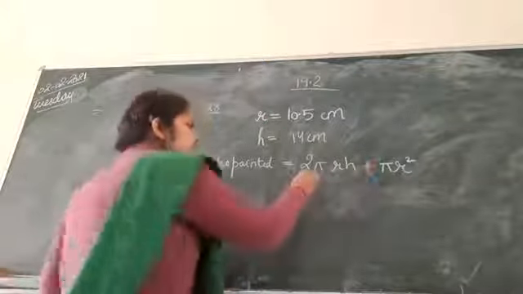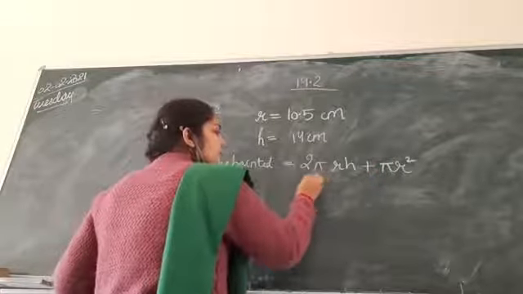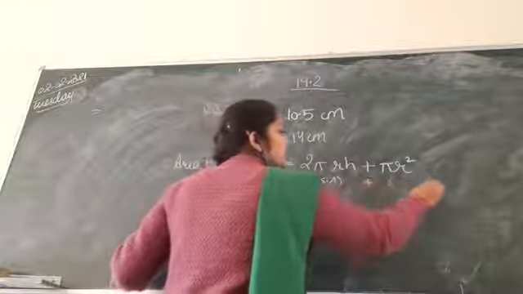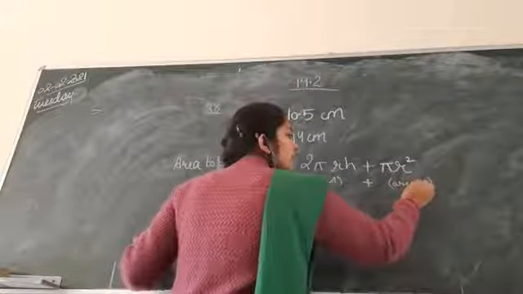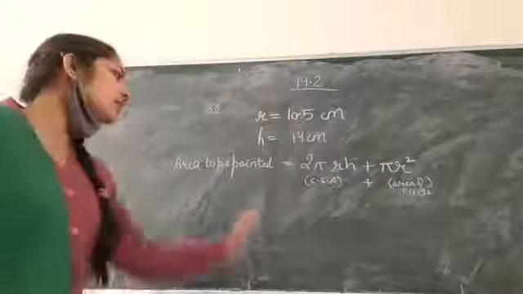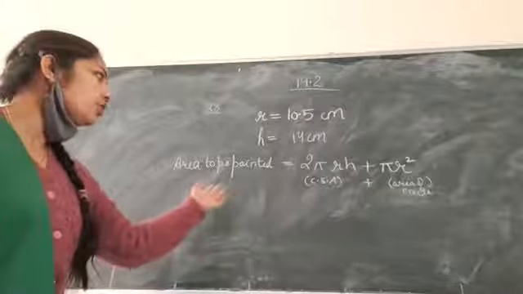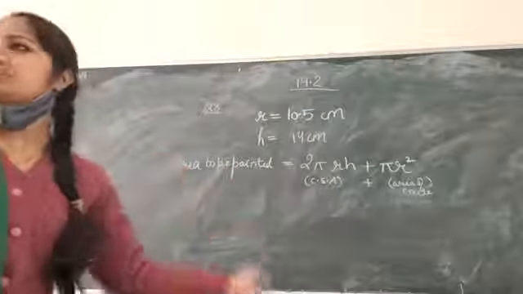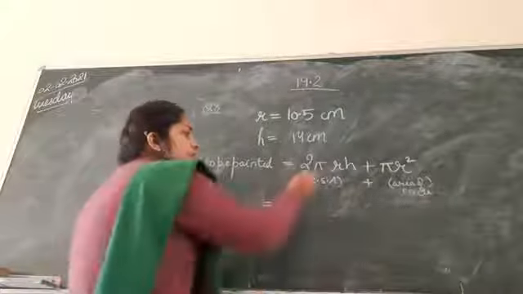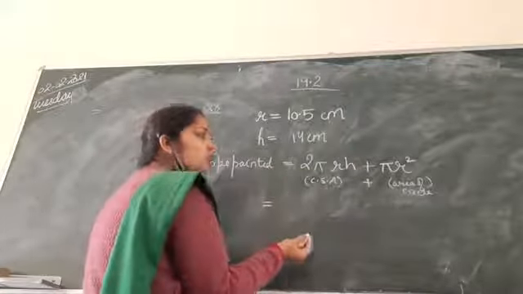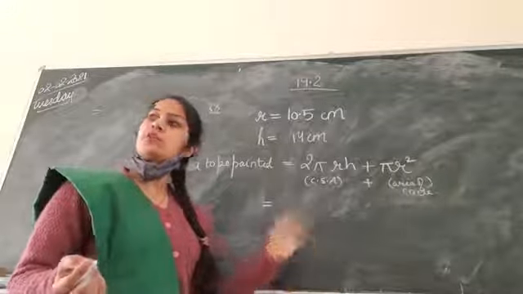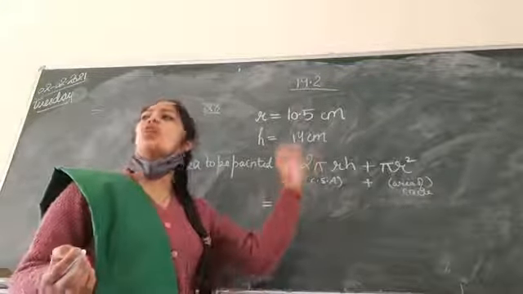Okay, so in the bracket here you can write curved surface area below this, plus here you can write area of circle. Okay, if you write like this, later on if you go through the solution, you will not face problem in understanding what it is. Should I take pi and r common, or we solve like this only? Okay, we solve like this only.